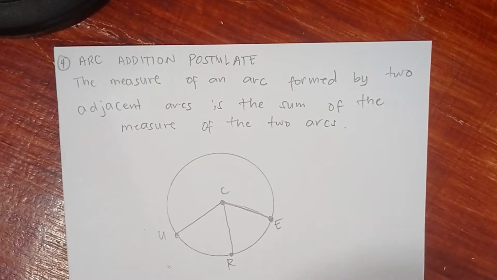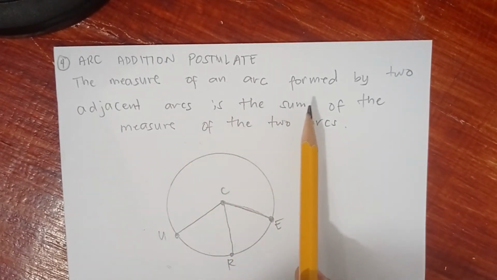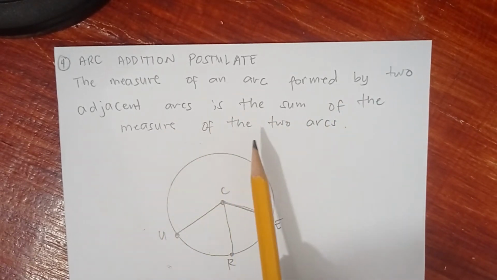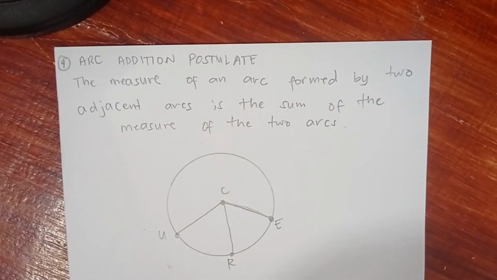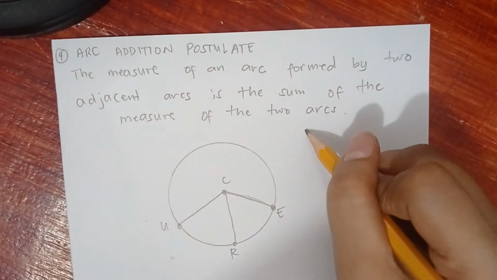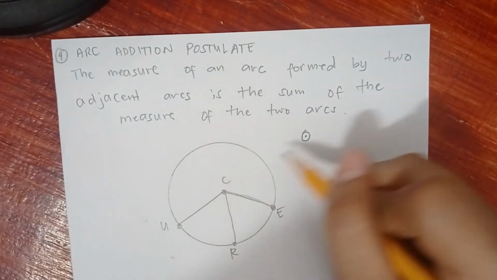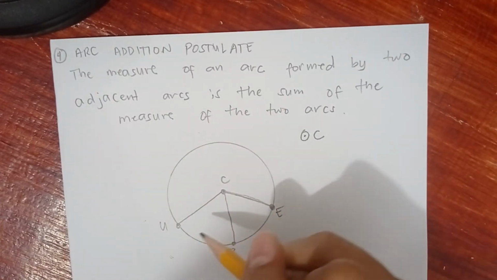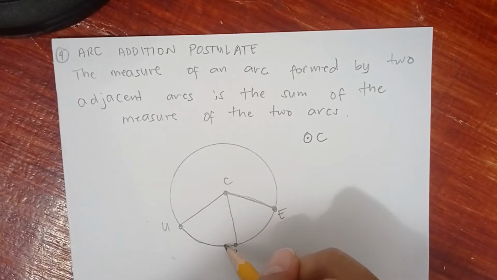Okay, next is the arc addition postulate. The measure of an arc formed by two adjacent arcs is the sum of the measure of the two arcs. Ano bang adjacent arcs? Pag sinabi nating adjacent arcs, these are the arcs with exactly one point in common. For example, in circle C, kasi C yung center natin. Arc QR, itong arc QR,